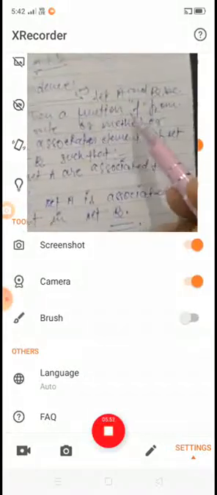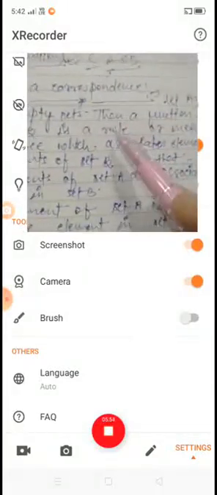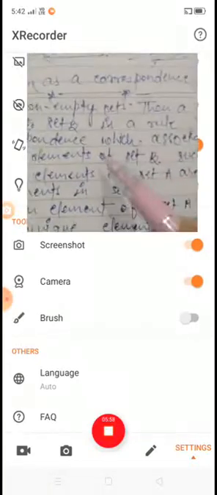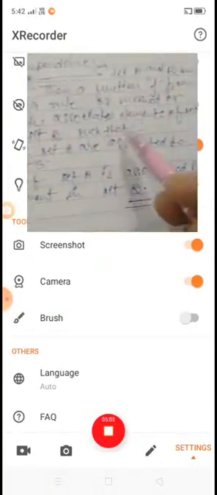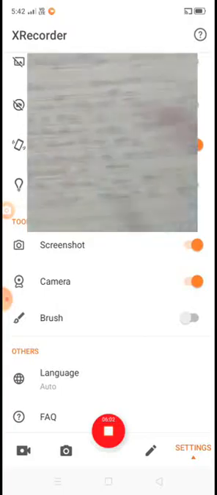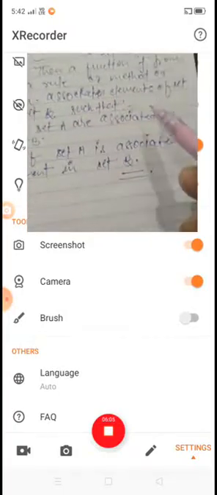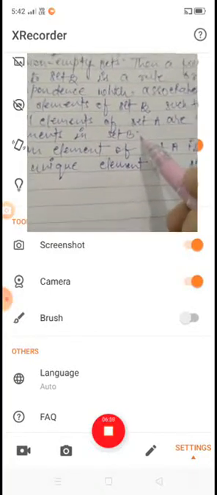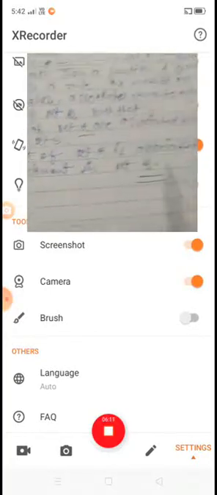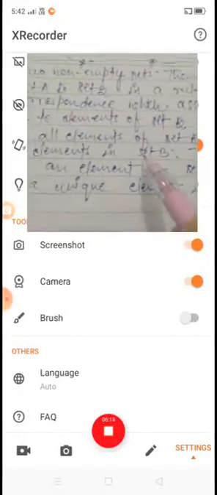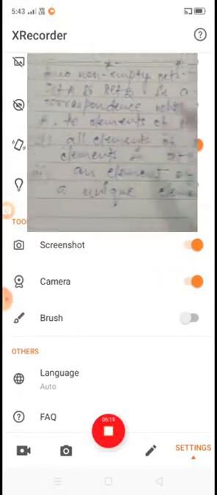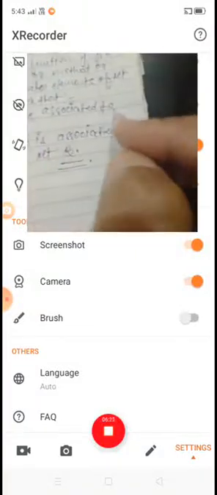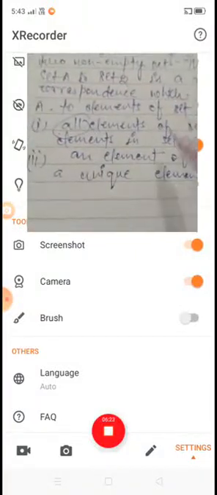Then a function f from set A to set B is a rule or method or correspondence which associates elements of set A to elements of set B such that all elements of set A are associated to elements in set B.